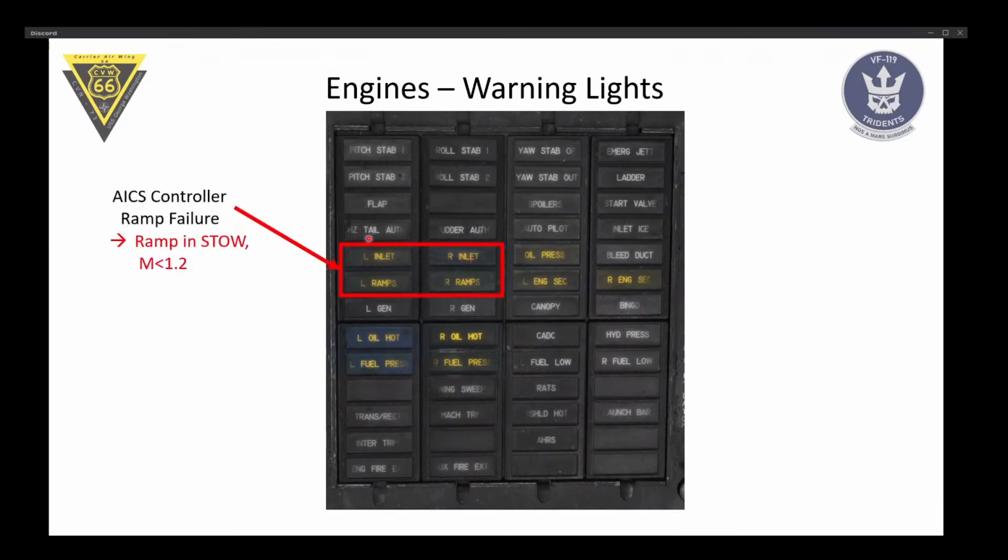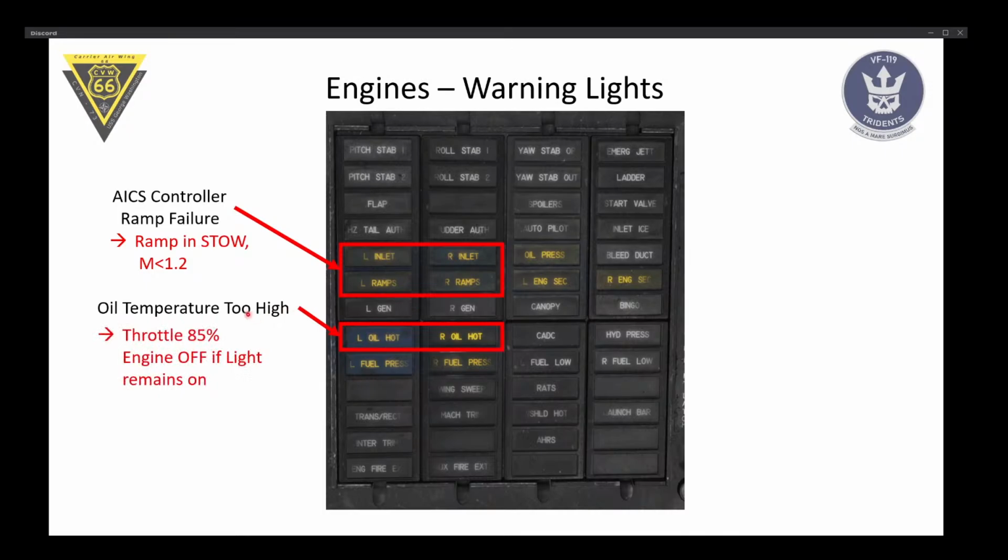So here for the S control failure, what you want to do is you want to put the ramp in stow and you want to reduce the Mach number below 1.2. If you go faster than that, the air that enters the engine might become supersonic and your engine will die. All temperature high, what you can do is you push the throttle to 85%, which increases basically the rate at which the oil system works, and maybe it will cool the oil better, maybe not. But if you push it to 85% and it doesn't go off within a minute or so, you have to